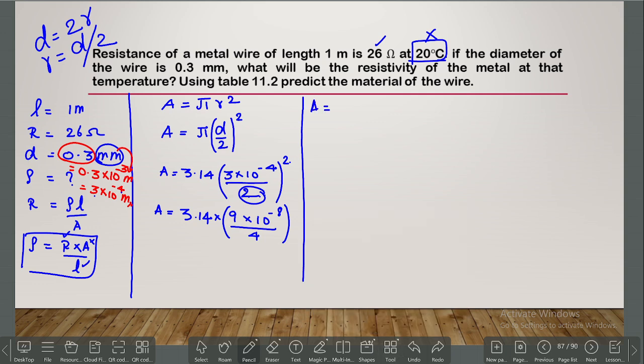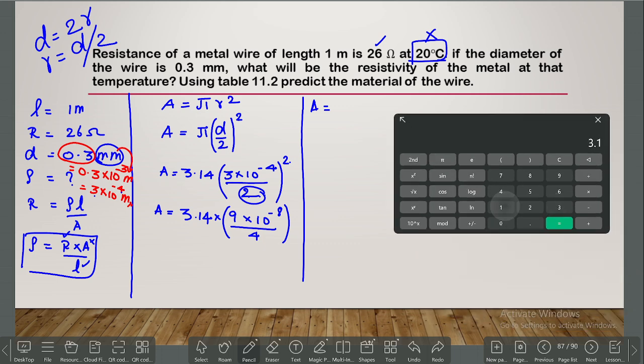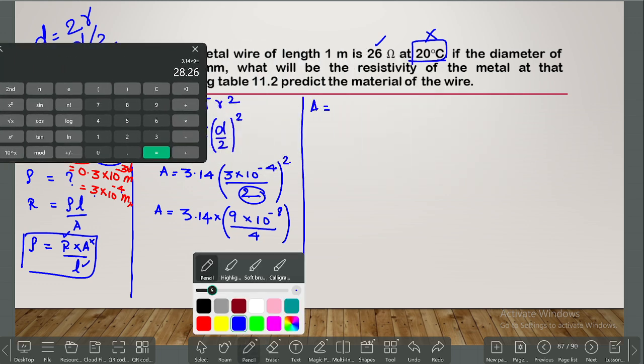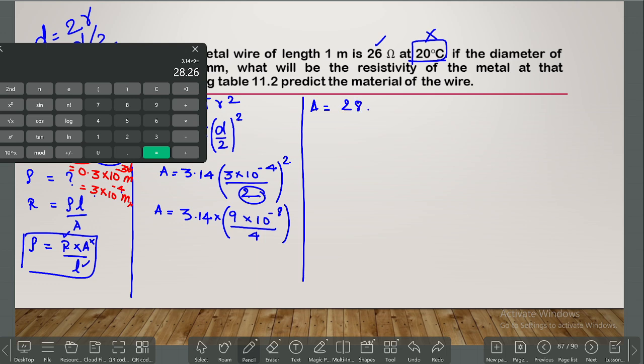So A is equal to, multiply 3.14 into 9. If you are multiplying these two numbers, we'll be getting the area of cross section as 28.26 into 10 to the power of minus 8 by 4. Now divide these two numbers. 28.26 divided by 4, it's going to be A is equal to 7.065 into 10 to the power of minus 8